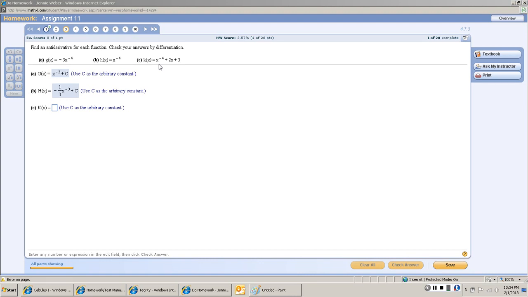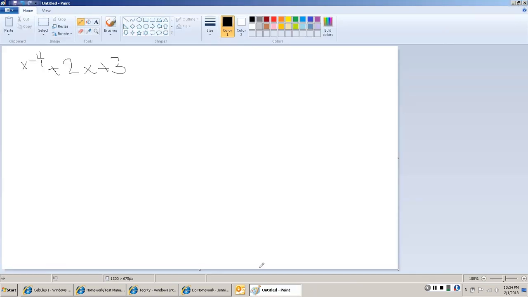Now to find the antiderivative, all we're really doing is reversing what we know about the power rule. So what's the power rule? You bring down the exponent, times it by the coefficient, and you subtract 1. So all we're going to do here is add 1 and then account for the coefficient. Looking at this, what we're going to do first is add 1 to the